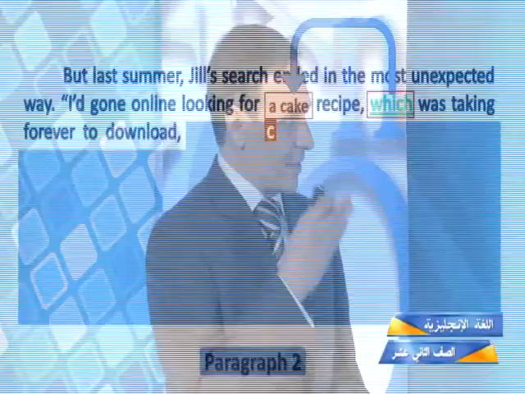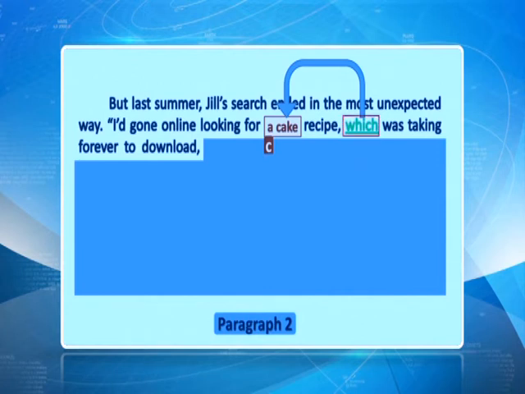Next one is the word cake. The cake was taking forever to download. Now, as you might have noticed, this text is an article which is telling us a real life story. So this is not a science fiction movie where you can download things via the internet. So a cake cannot be downloaded.